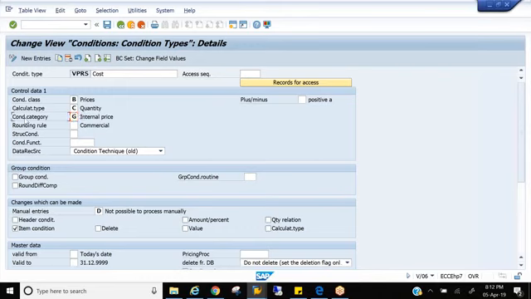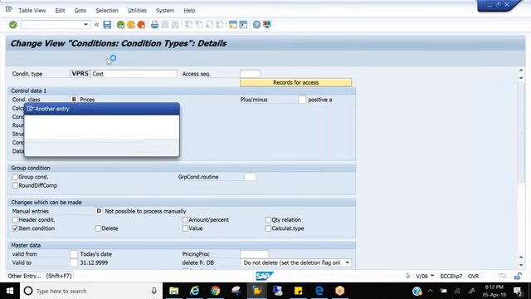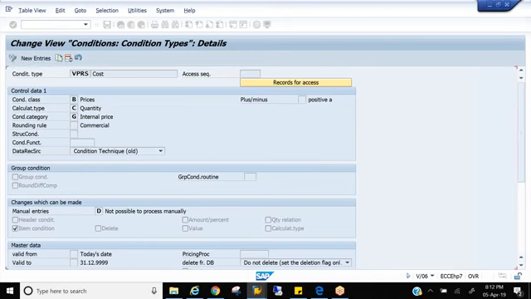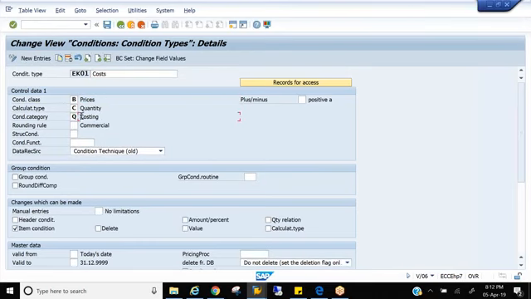So what is condition category? Many consultants will not have clarity on what exactly a condition category is. Condition category will further subclassify the condition class. If I go for one more condition, let's say EK01, it is a price, but what price? Something costing, right?